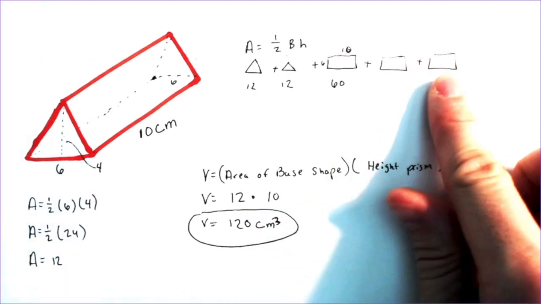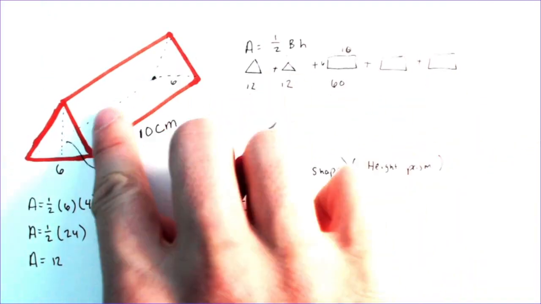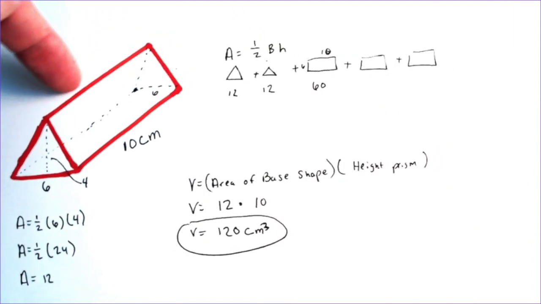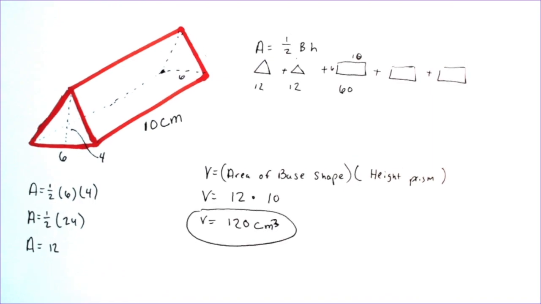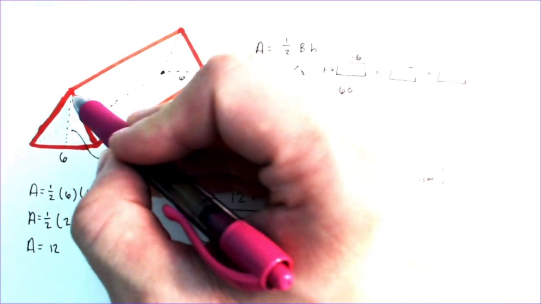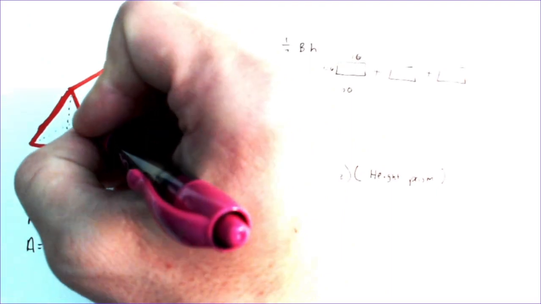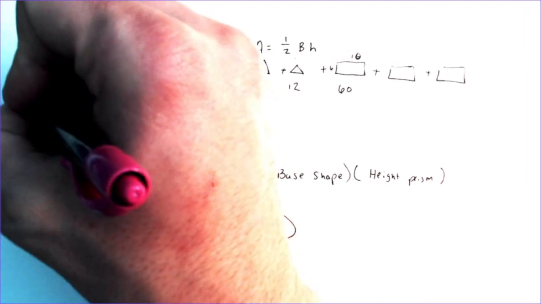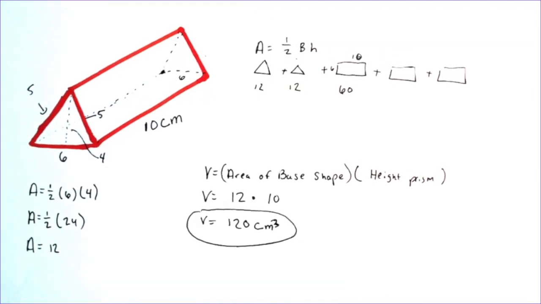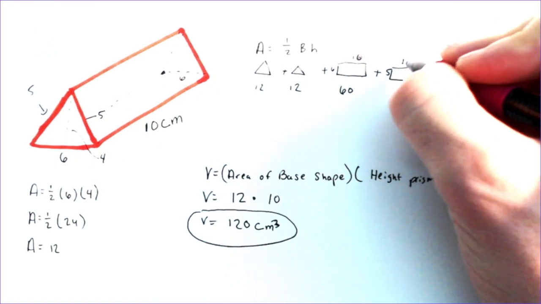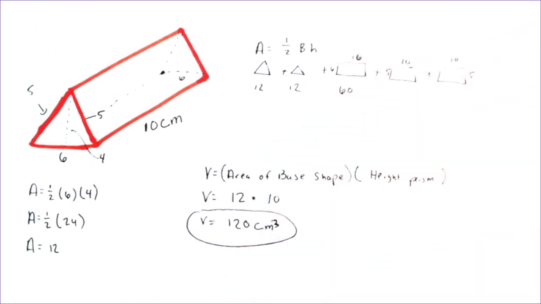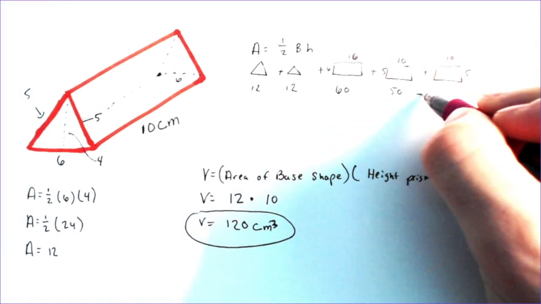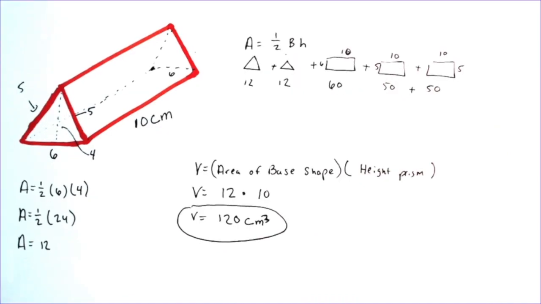The area of the other two rectangles is the right side here and the left side, which is like the under part right around here on the back part. So that's going to be not enough information provided to us. We need to know what this part here of the rectangle is, which is actually going to be 5. So that side right there is 5, and that side right there is 5. So those rectangles are 5 by 10 and 5 by 10, and normally the 5 is going to be provided to you. So 5 times 10 is 50, 5 times 10 is 50, and we have all of the sides